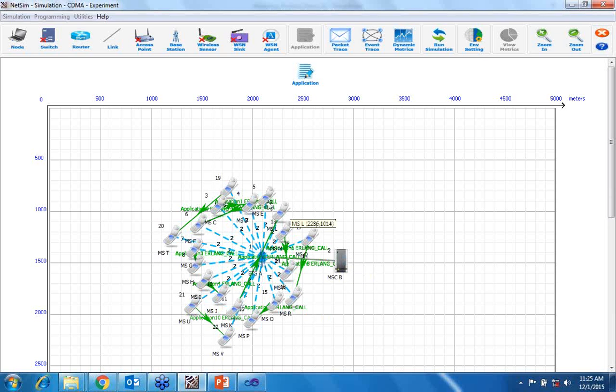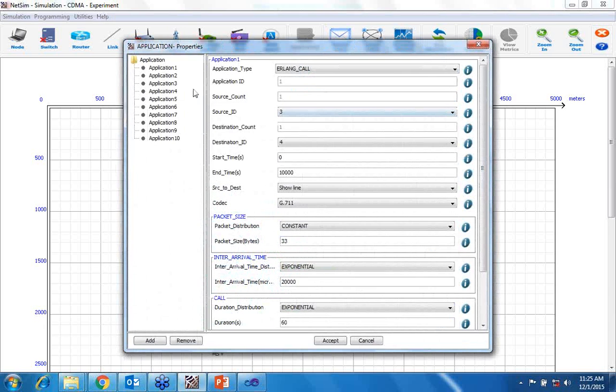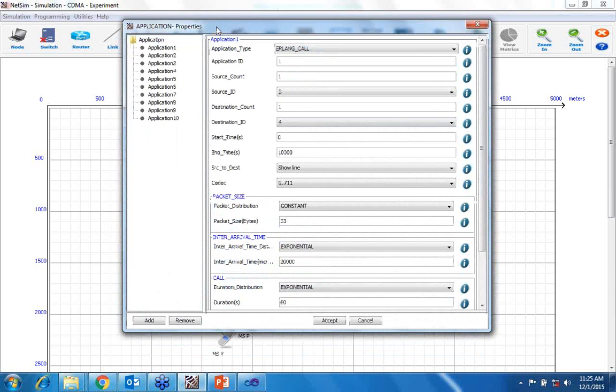Among these 20 mobile nodes, we have given application type. Yes, you can see in application. I'll just right click on properties. We have added 10 applications here.